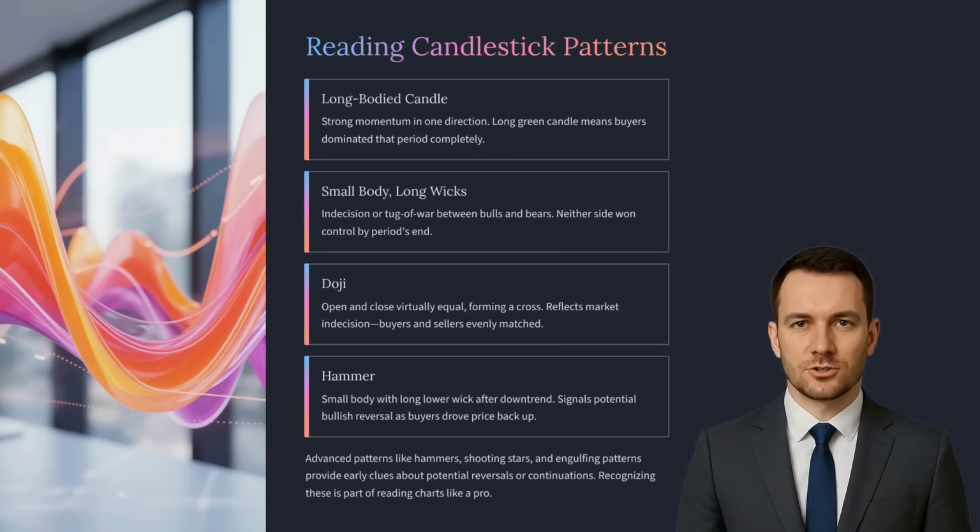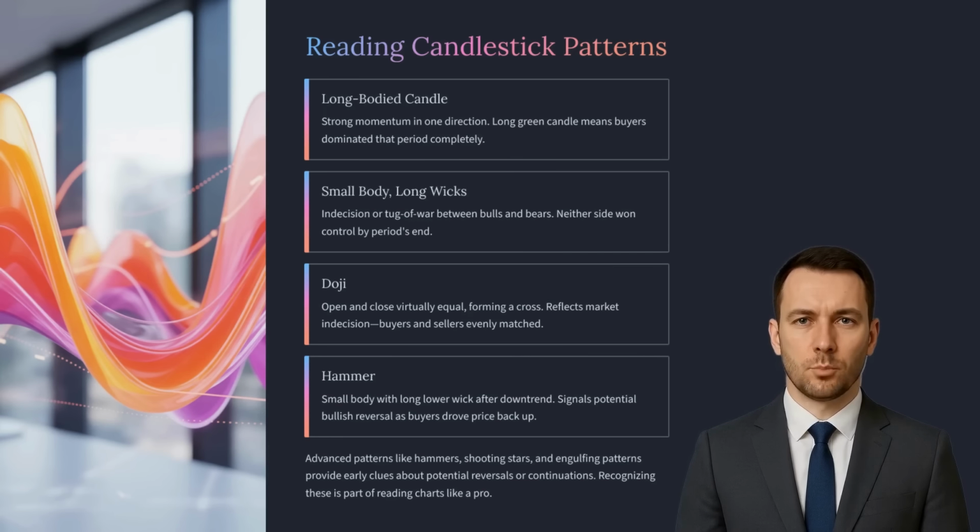There are many candlestick patterns, like hammers, shooting stars, engulfing patterns, etc., that you can study as you advance. These patterns, composed of one or several candles, can provide early clues about potential trend reversals or continuations. For example, a hammer, a candle with a small body and long lower wick, after a downtrend may signal a bullish reversal, as it shows sellers pushed the price down, but buyers drove it back up to close near the